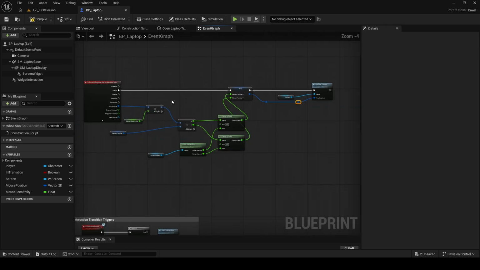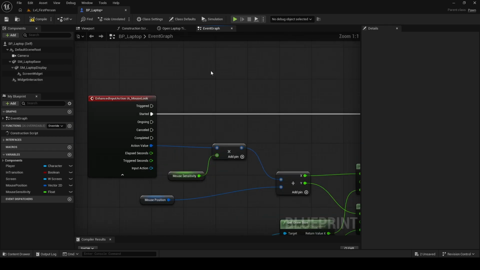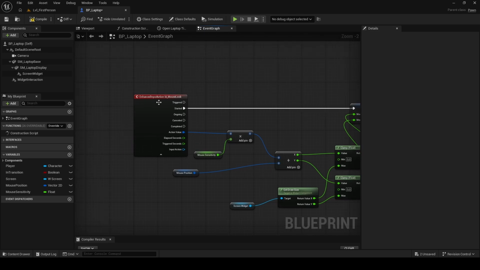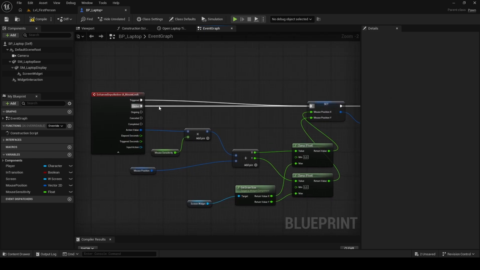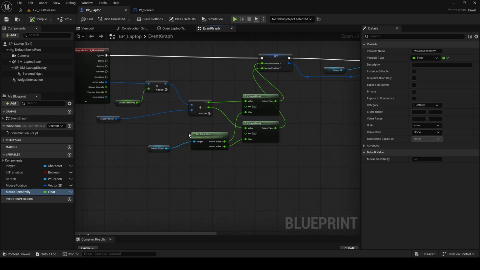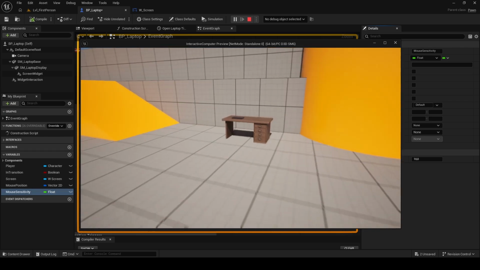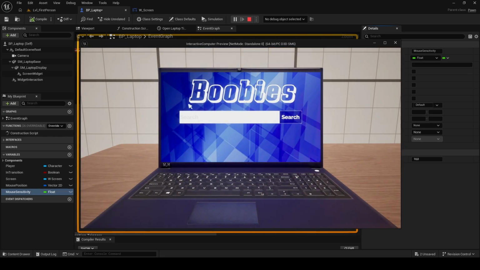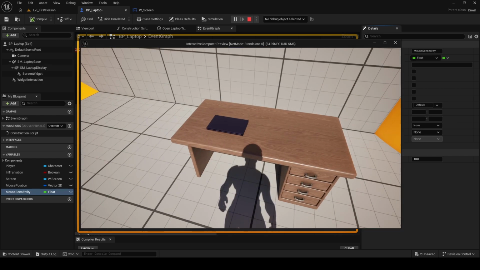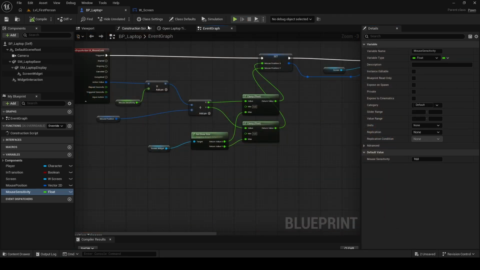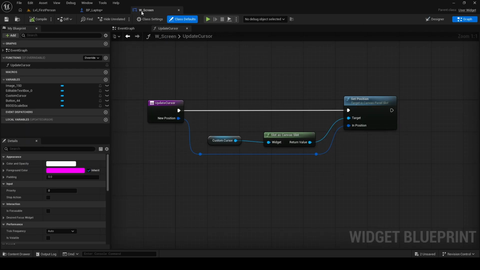Now let's check how it works. And also I need to use another input. I need to use triggered instead of started. Now I forgot to set the default value for mouse sensitivity. We need to set it to like 10 and try how it works now. And it works great,